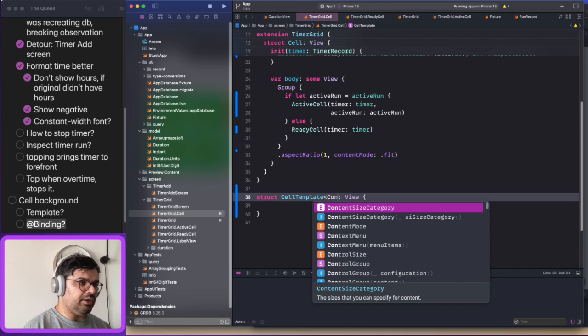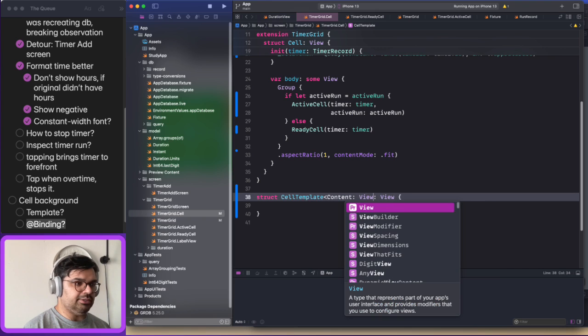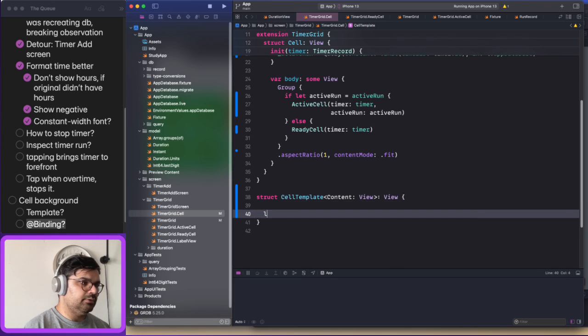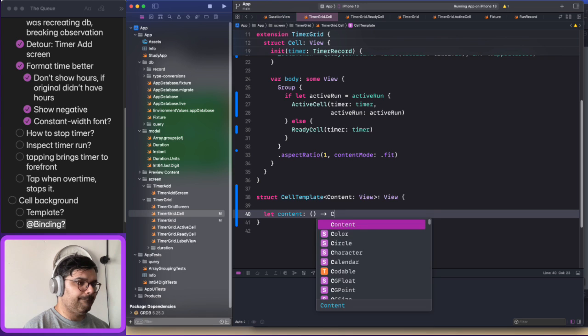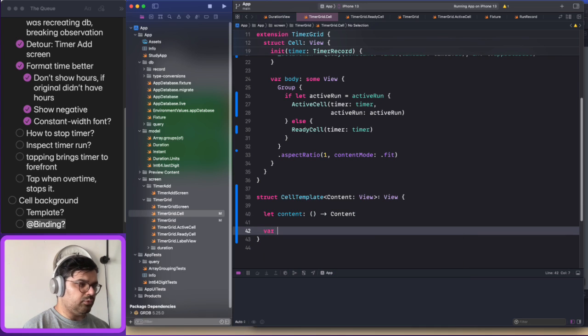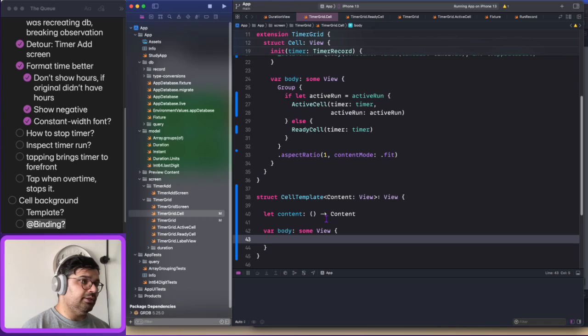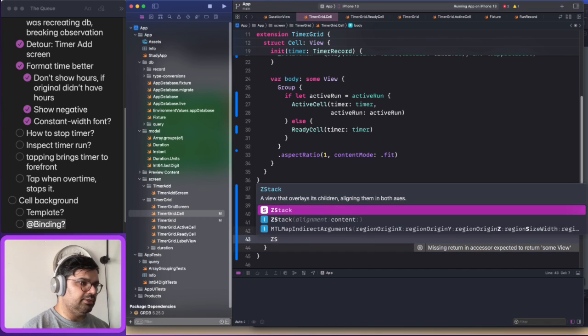We'll definitely have content, where content is any kind of view. And of course, it would have a body, and the body would be, as we know,